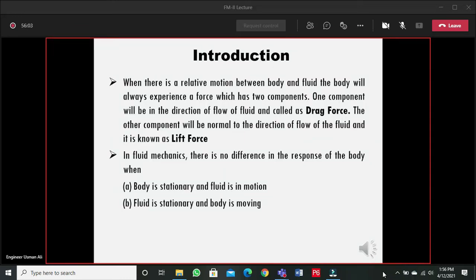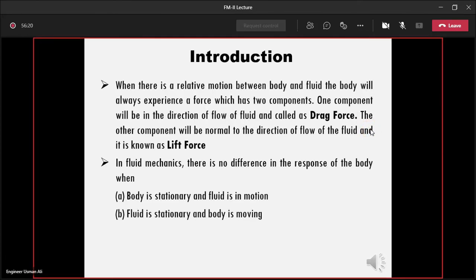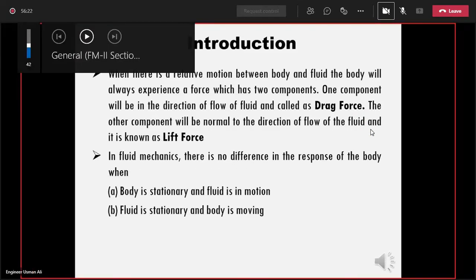तो दो इसमें पॉसिबिलिटी हैं कि अगर हमारे पास कोई ऑब्जेक्ट है बॉडी, जैसे एरोप्लेन है, we have the submarine, we have the train for example, so they are moving in air or in water. If you consider that the fluid is moving and the body is in a stationary position, in other words, they have relative movement.